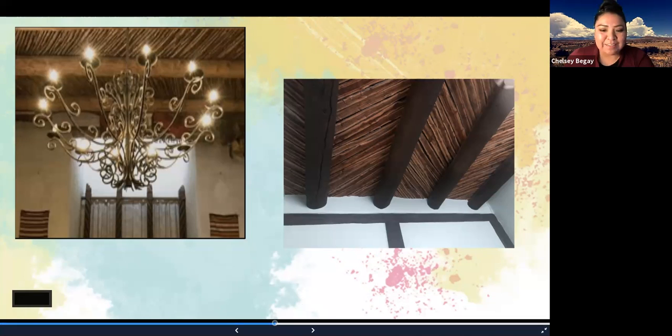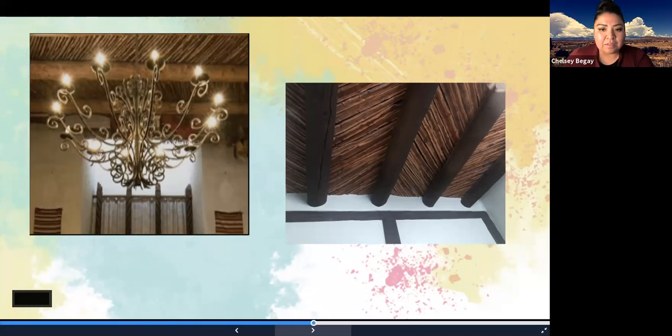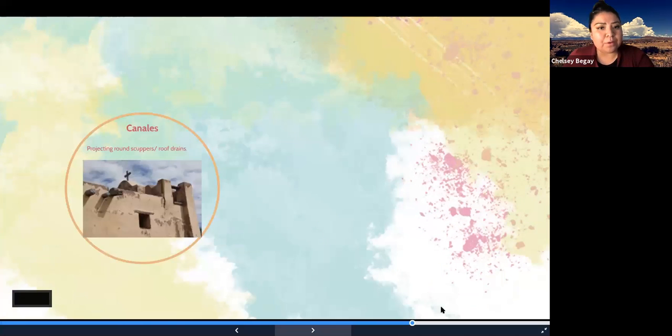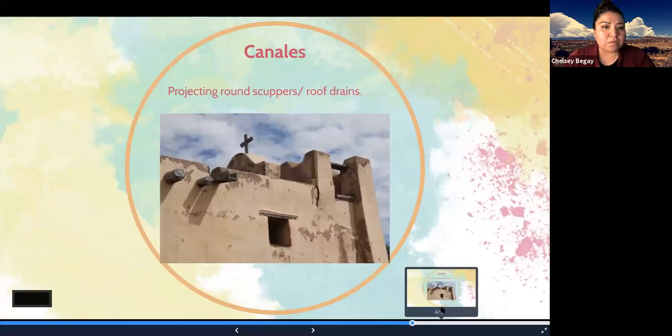Thanks, Michaela. The next element will go by pretty quick. It's the canalis. These are round roof drains. They're supposed to help because most Pueblo architecture has flat roofs, so you need a way for moisture to get off of that roof, and the canalis are supposed to serve that purpose.